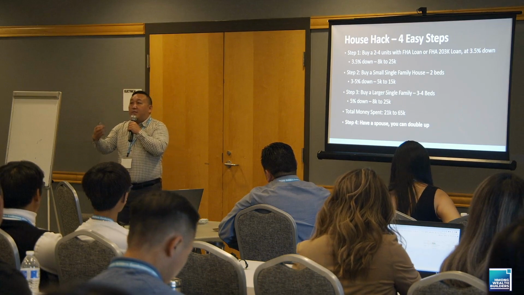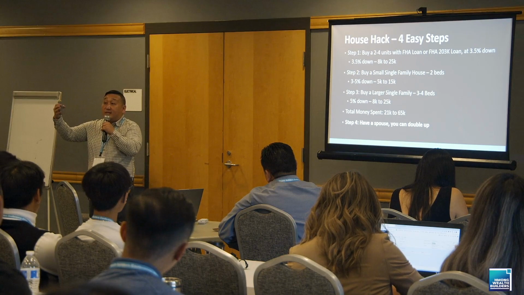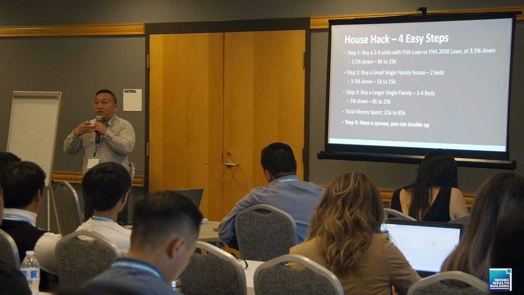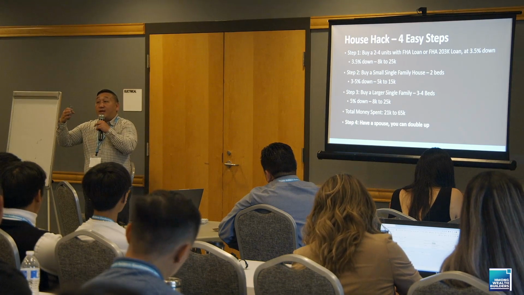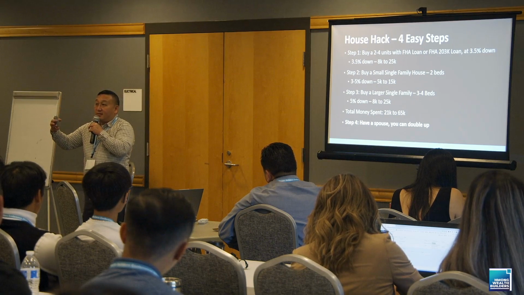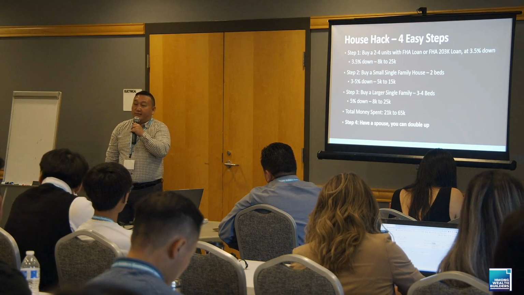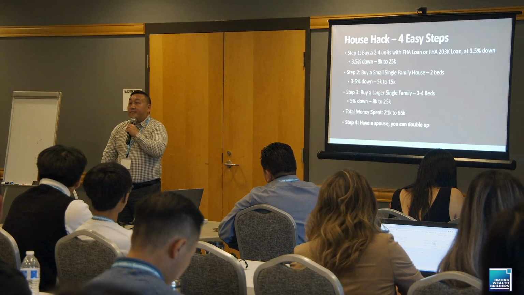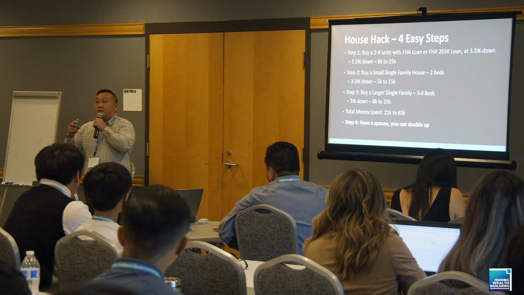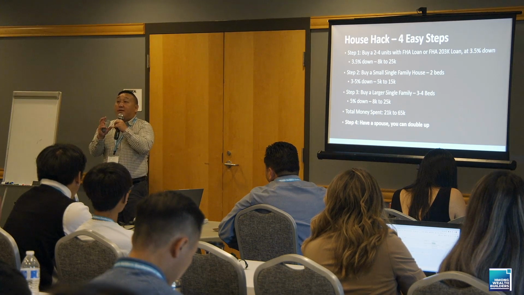So part of the loan program, they're going to come and appraise it as if you fixed it, because you have to tell them what you're going to fix. Based on what you're going to fix, they'll appraise it and see if it's worth at least $100,000. If it is, they'll give you the loan. Most of the time, it should be worth more than $100,000. So they'll give you $100,000. That's why it's all bundled in together.